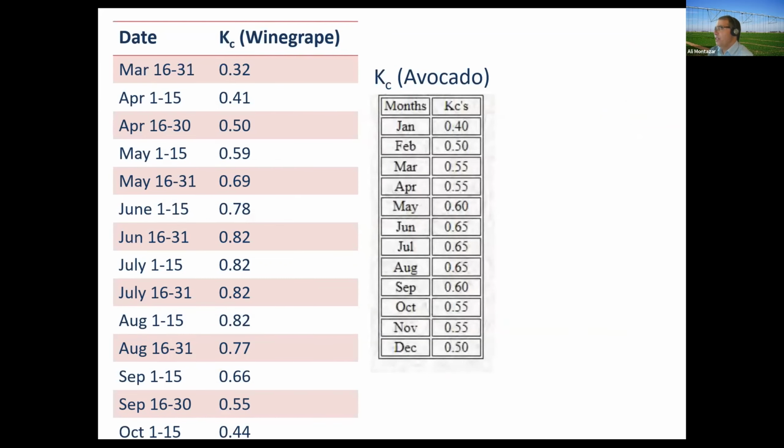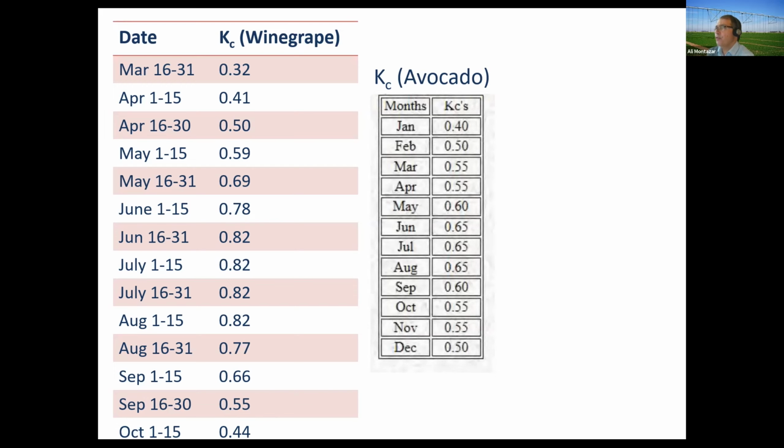As I mentioned, to calculate crop water requirements, we also need KC values, and this value is very important. If we have more appropriate or accurate KC values, we can estimate more accurate crop ET. In these tables, you see crop coefficients for avocado, monthly crop coefficients. These were developed, I believe, 30 years ago for avocado in San Diego. I cannot verify they are really accurate at this time with the cropping pattern and system we have for avocado, but we are trying to update this information.